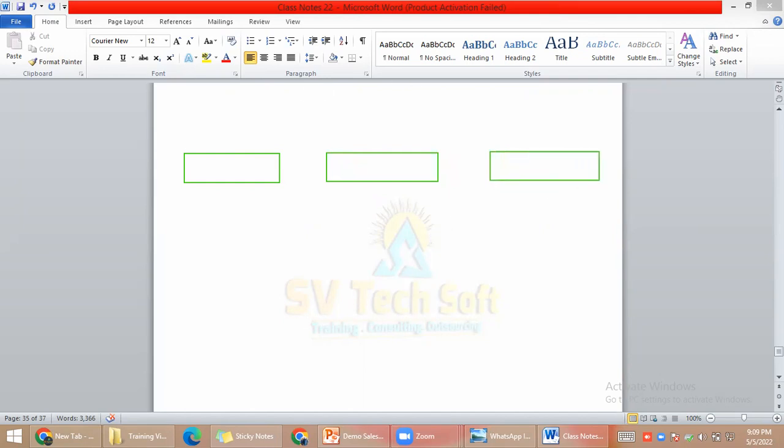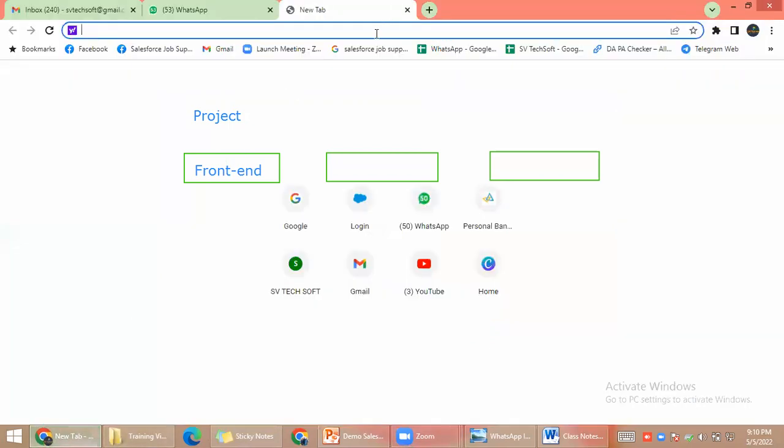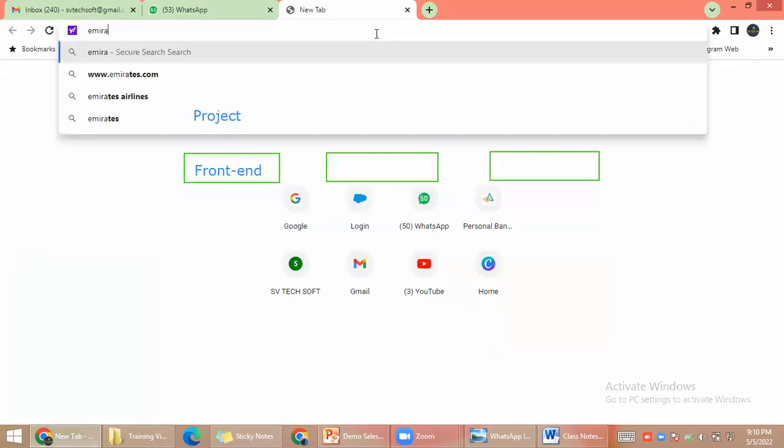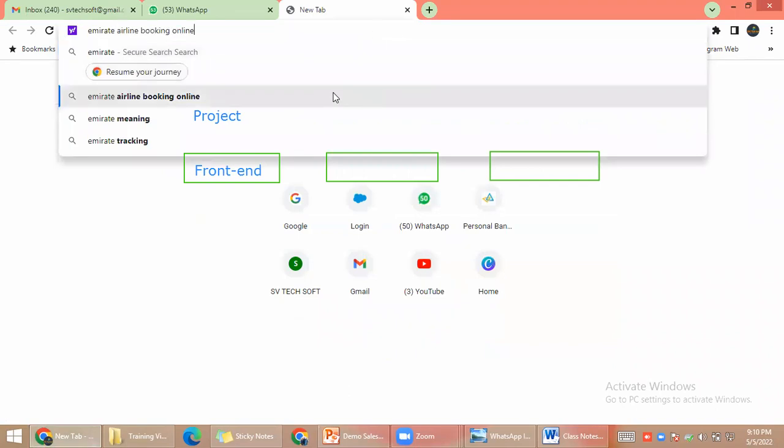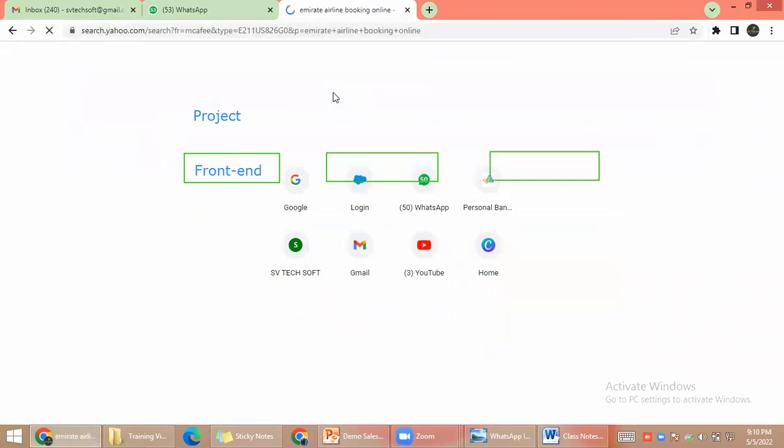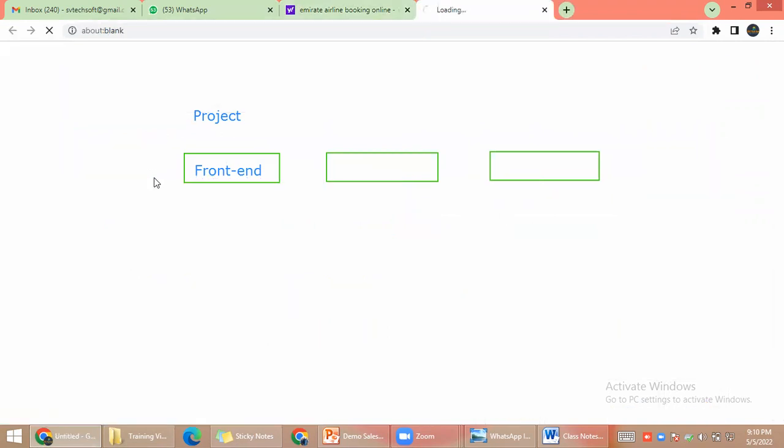If you take any simple project, first of all, any company wants to first design the front end, right or not? Front end means UI. For example, if you want to book a flight ticket, how will you book it? You go to the website.